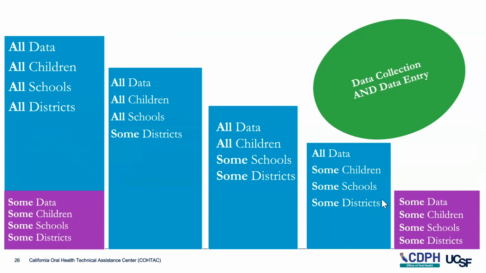If we compare that to our large blue box at the beginning that we're hoping to get, we can see that we are missing data, right? So we have only a limited amount of information with which to make these inferences. And this is important both for data collection and data entry, right? Each of these layers you could be missing data due to not getting the forms or to not entering the forms all the way. Next slide.